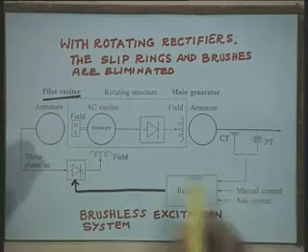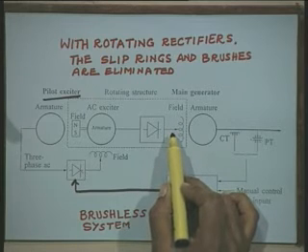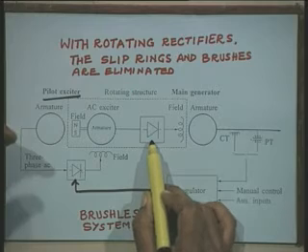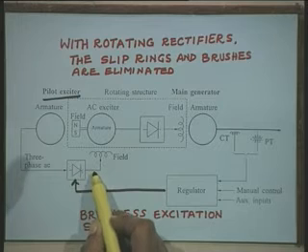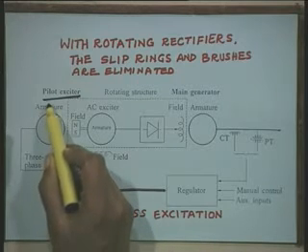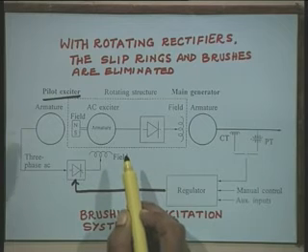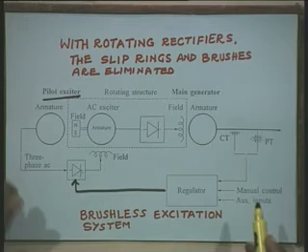However, another problem is that the field voltage and field current cannot be measured directly. That is, since this field system is rotating, rectifiers are rotating, there is no way to measure the field current directly. And therefore, if we want to get the information about how much field current is flowing, this can be obtained indirectly by measuring the field current of the pilot exciter, and not the field current of the AC exciter, that is the output of the pilot exciter.